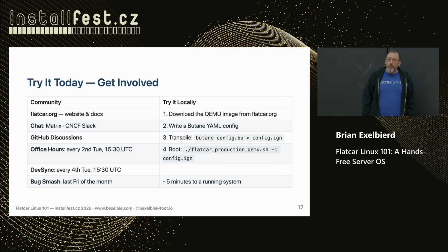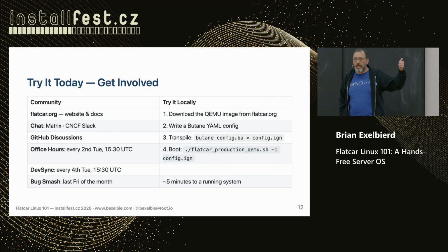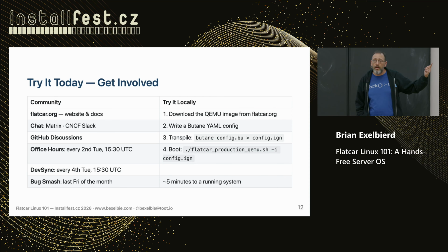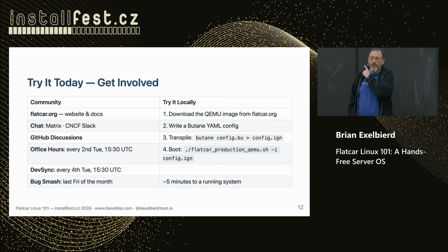Go to flatcar.org, please. It's the greatest place in the world. It's the best website on the internet after the Brno City website. And there you'll find our docs. You'll find information about the project. You will also find that we have a Matrix channel where we chat. If Slack is your jam, we're in the CNCF Slack. We do most of our asynchronous work in GitHub on GitHub issues. And we have a bunch of live meetings every month. You'll see them up here in this list. The cool thing is they're all EU-friendly times because almost all the maintainers are EU folks.